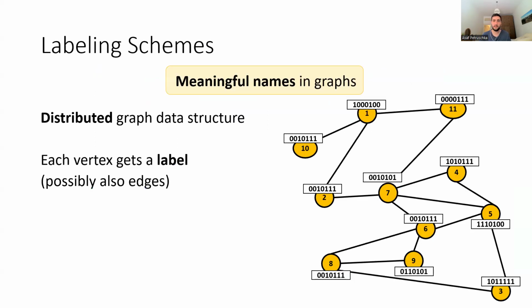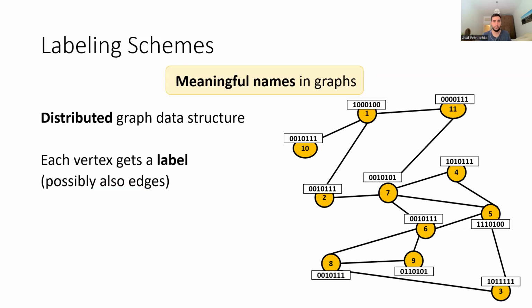So the framework we're interested in is called informative labeling schemes. And in essence, labeling schemes are concerned with assigning meaningful names or labels to the nodes of a given graph. And this is in contrast to the standard meaningless identifiers we usually associate with the vertices, say the numbers 1 up to n. And in some variants, we may also want to label edges, but for now, we'll stick with